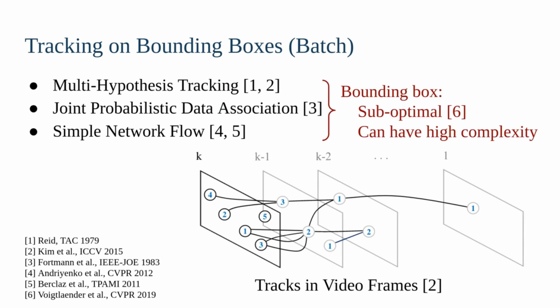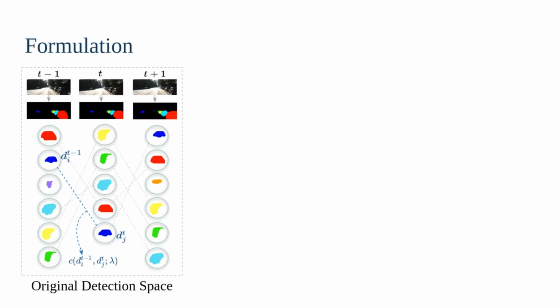Currently, there are no batch methods for MOTS, but there are several powerful batch methods that operate on bounding boxes to track objects. But bounding box tracking could be suboptimal due to high overlap between boxes. Besides, some of these methods have very high computational complexity. In this work, we develop an intuitively simple batch method for MOTS, but it can also be applied to only bounding boxes.